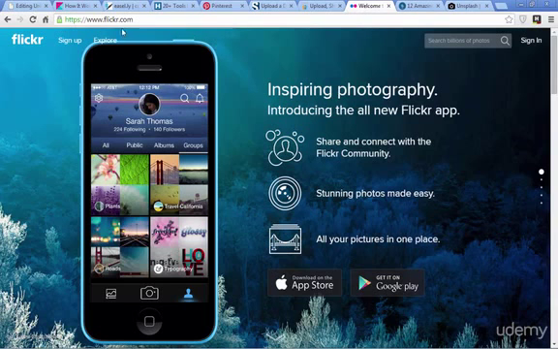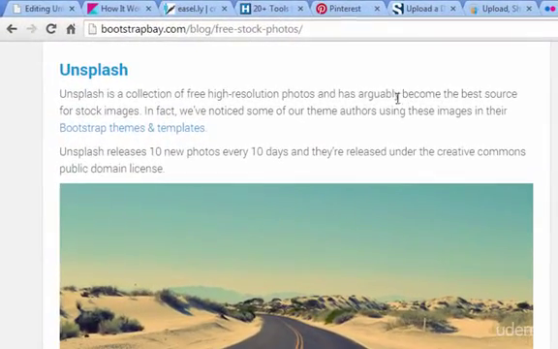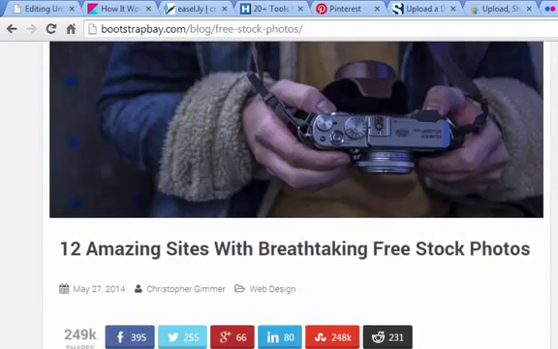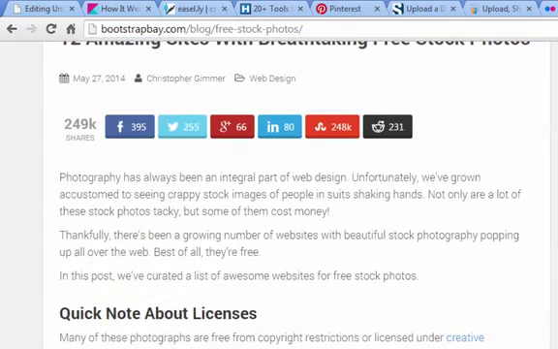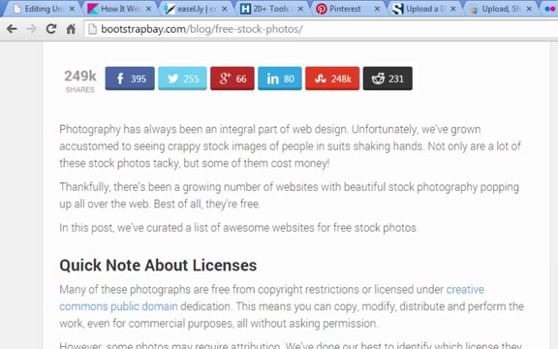And I mentioned I was going to talk about images. Flickr.com gives you 1 terabyte of space. 1 terabyte. That's like 1,024 gigabytes. 1 terabyte. And then this is a post put together by bootstrapbay.com. And these are sites for free stock photos, because images, in addition to infographics, also get shared more than other